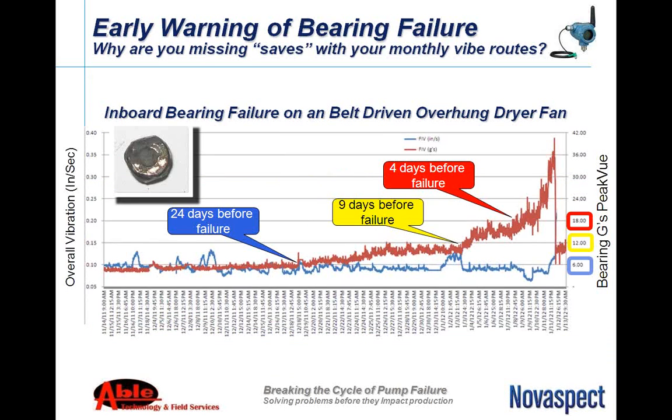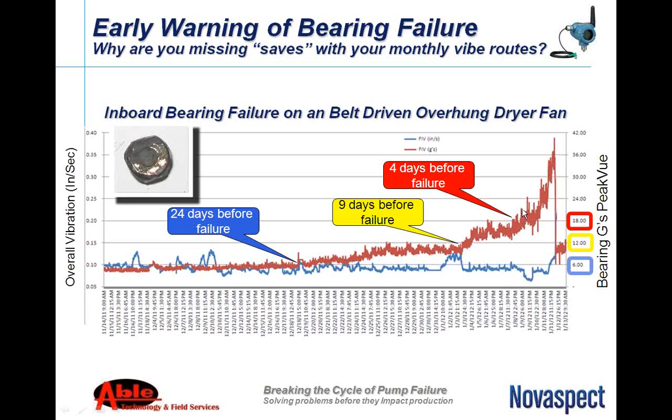So let's just look at a case example here. This is an actual failure that occurred in mid-January at one of the plants we were working with. The blue line on the bottom is the overall vibration measurement, and the red line is the PeakVue measurement. The significance here is